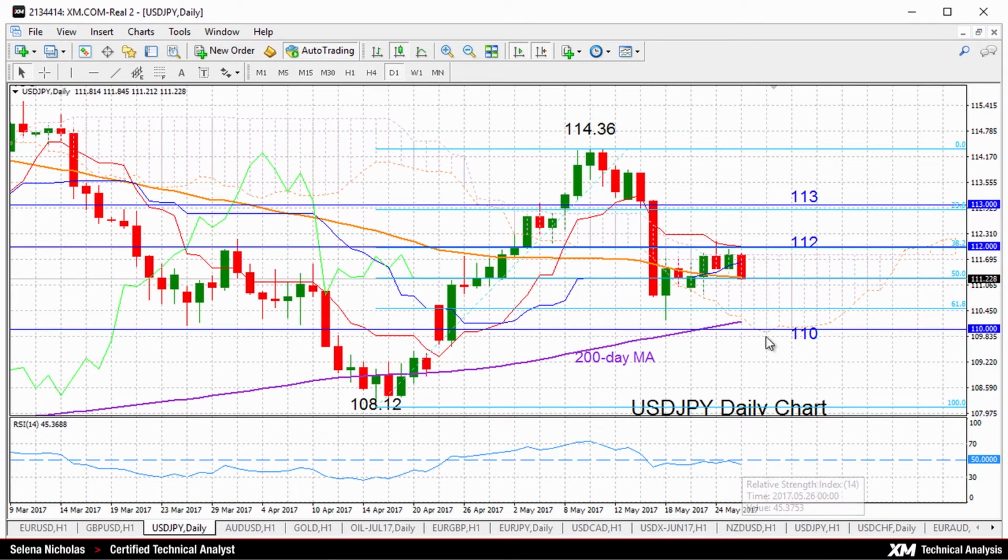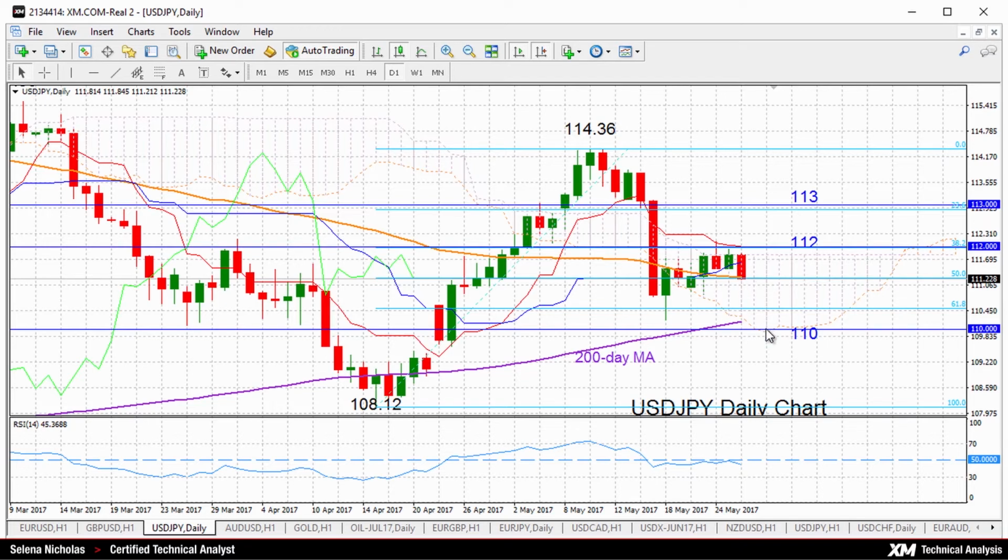A break above the cloud would target 113. That's next resistance, with scope to rise further to retest the 114.36 high, and then from here resume the uptrend that started from 108.12. Alternatively, a breakdown of immediate support at 111.23 could lead to a deeper decline towards next